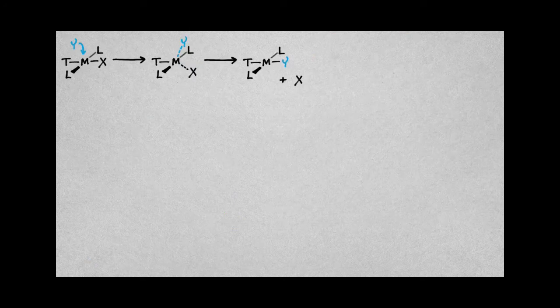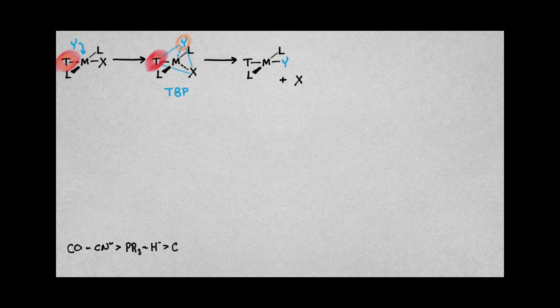Okay, so up to this point, we have talked about the role of the incoming ligand Y on the rate of this overall process. So we focused on the nucleophilicity of Y and its effect on the reaction rate. It also turns out that the trans ligand T, shown here, trans to our leaving group, also has a significant effect on the overall rate. So the identity of that trans ligand really has a significant contribution to the rate.